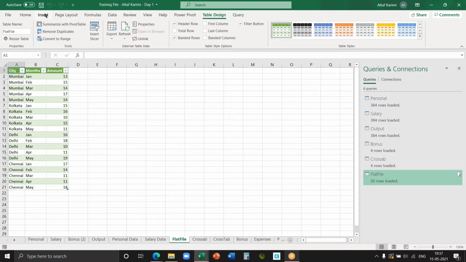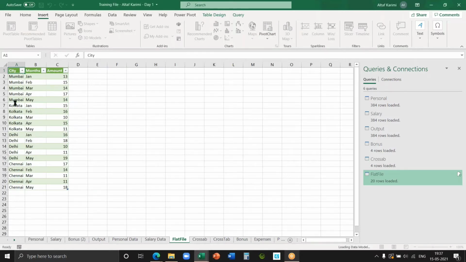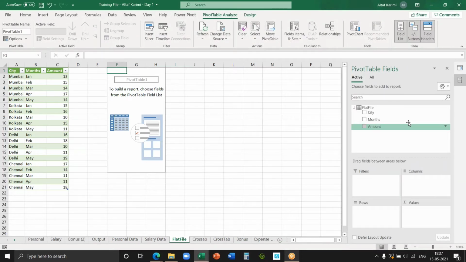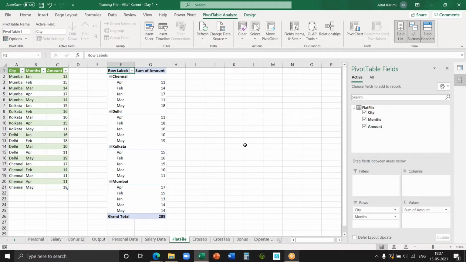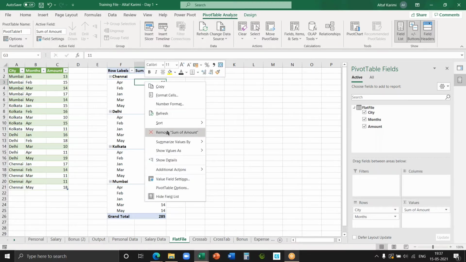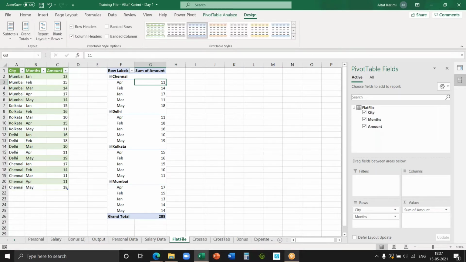Maybe you want to create a pivot table. So insert. How easy it is. Pivot table, existing worksheet. Why is it taking time? My God. Yeah. And then I say, show me city-wise, month-wise amount. Okay. And I'm interested to show only top data. So maybe I can right click and do sorting. I can do filtration. If you want in different columns, I go to the design tab, show in tabular format.